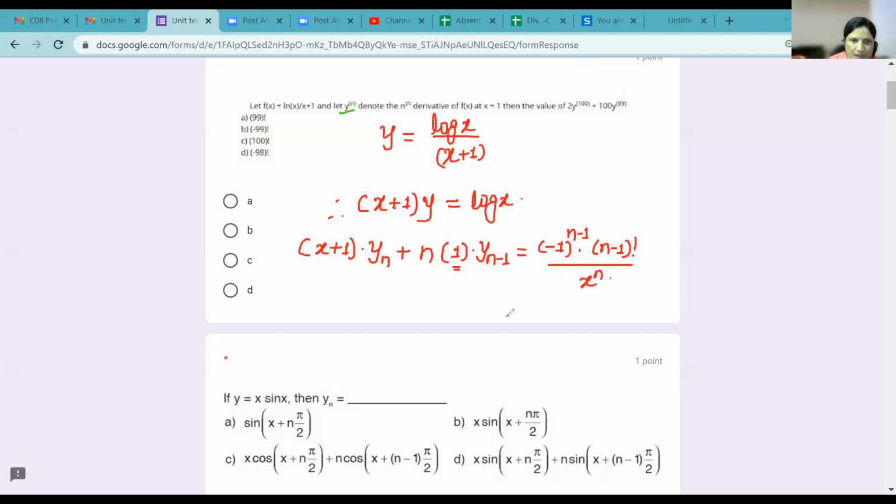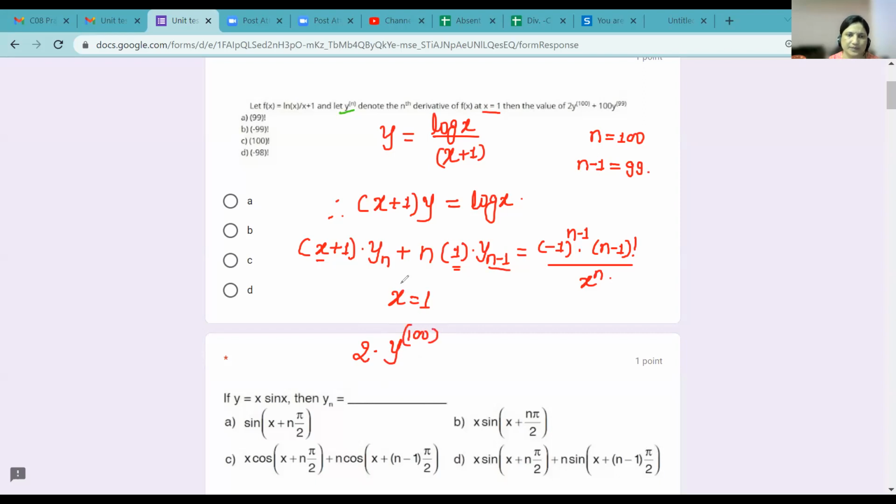Yes. Now look at this. Here n and n minus 1. n is equal to 100. Therefore, n minus 1 is equal to 99. Okay. Now at x is equal to 1. Put x is equal to 1 in this expression. What are we getting? 1 plus 1, this is 2 into y_n. Put n is equal to 100. So it is y